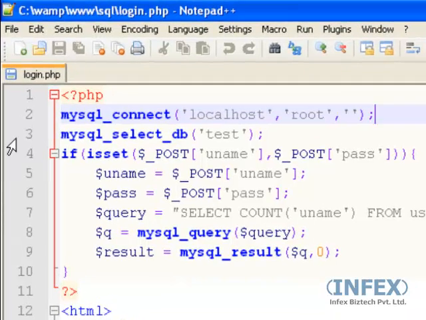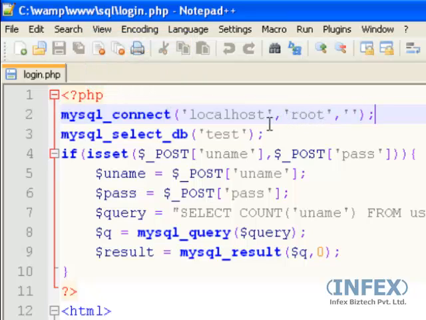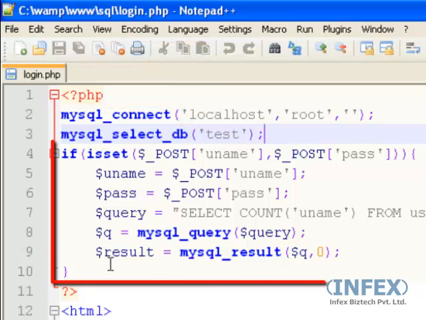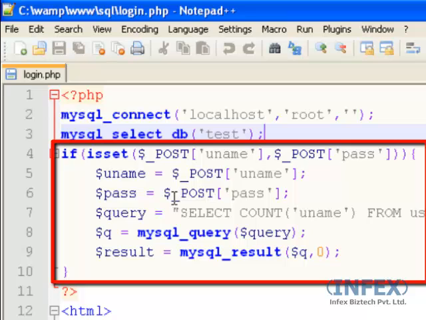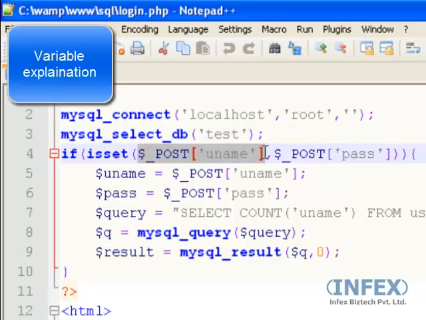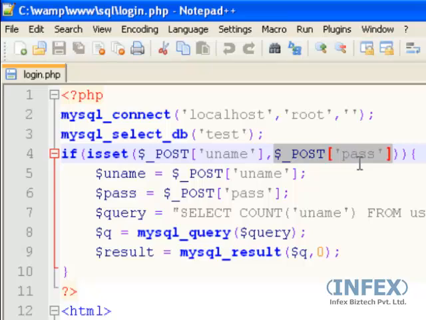So let me tell you, this statement connects to our database. This statement selects the database. Then this part is responsible for checking whether the username and password entered are correct or incorrect. This is our input of username and this is our input of password. We are assigning this value to the uname variable and the password value to the pass variable, and this